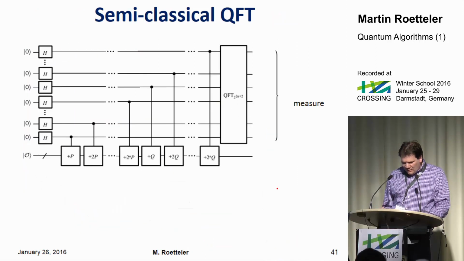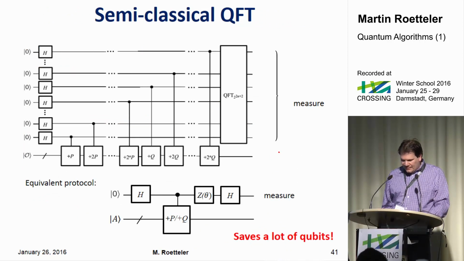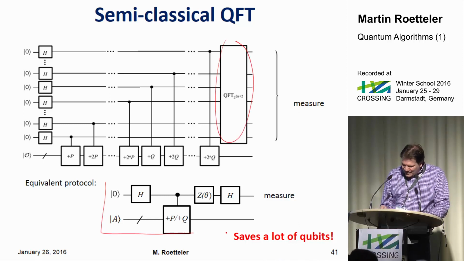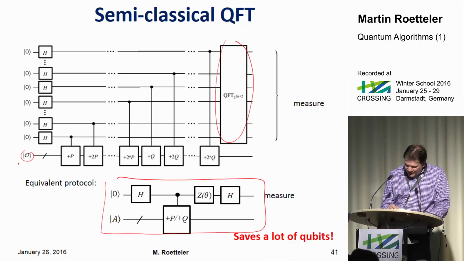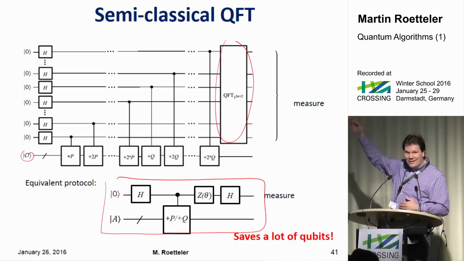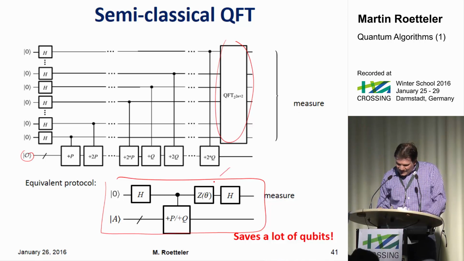And you can even improve that circuit, because typically what will happen is you do that and you measure at the end. There's a very nice paper, I think it was originally by Griffiths et al. They realized you can collapse all these gates in here, and at the end you really just need that register down here plus one extra qubit. That's enough to run this entire circuit. And you don't even need these qubits up there. Only one is enough if you're able to adapt the phases in a certain way.